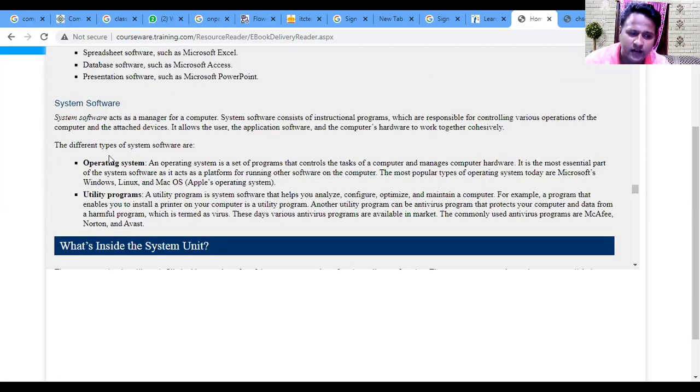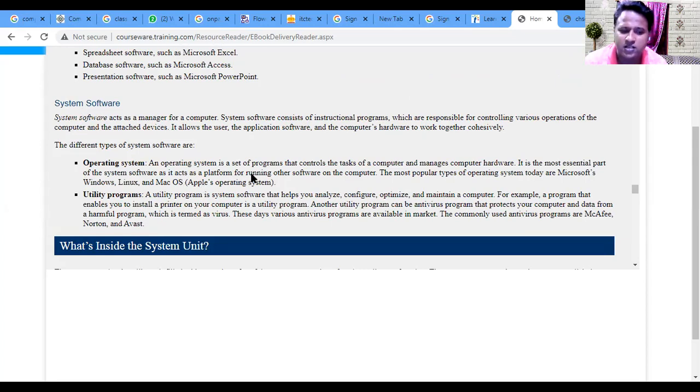System software acts as a manager for a computer. It consists of instruction programs which are responsible for controlling the various operations of the computer. One is operating system software, another is utility software. These two types belong to system software.